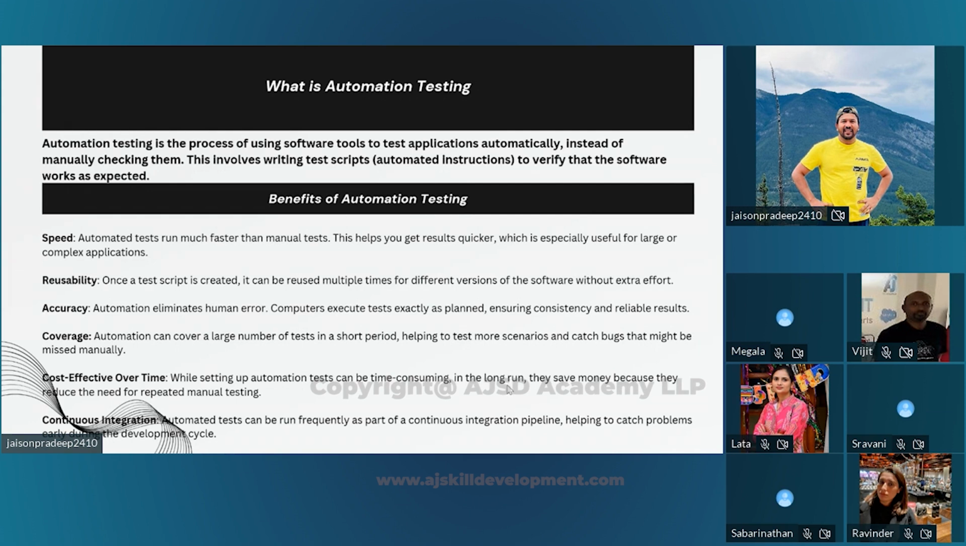Continuous integration. Automated tests can be run frequently as a part of the continuous integration pipeline, helping to catch problems early during the development cycle. Normally in an agile methodology, once the code is deployed, we'll be verifying the scenarios in parallel, right? Whenever the development team is continuously giving the code, we have to verify and provide the results and show the demo to the product owner